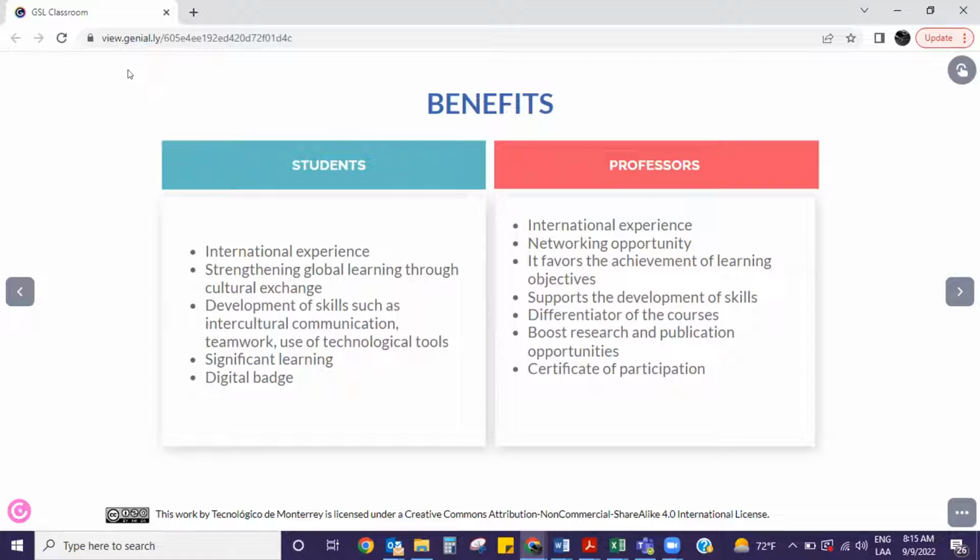They develop skills such as intercultural communication, teamwork, technology, and significant learning. We also provide a digital badge, not just for Tec de Monterrey students, but also for the international students who successfully complete these activities of the COIL methodology. We have some guidelines and requirements to obtain that digital badge, but they feel that it's one of the benefits